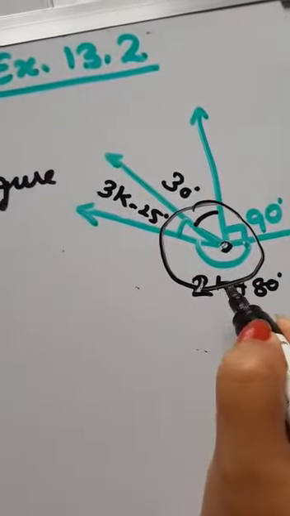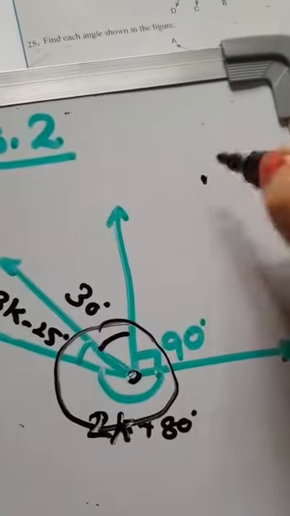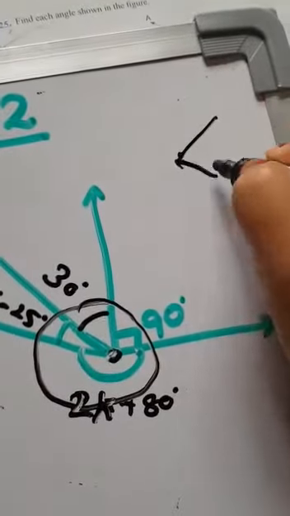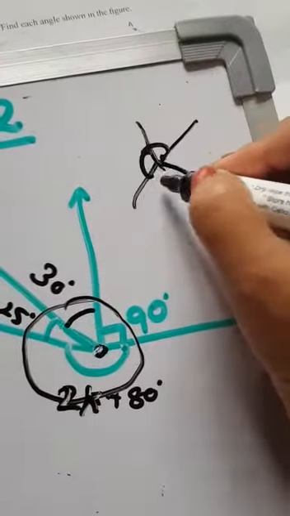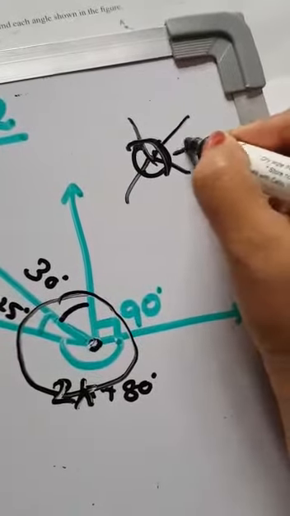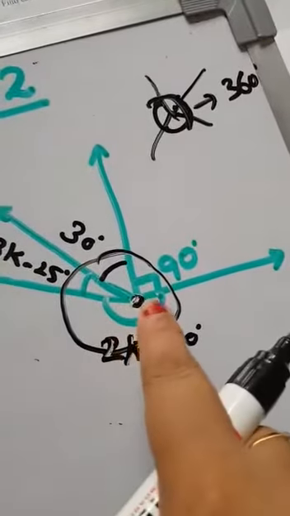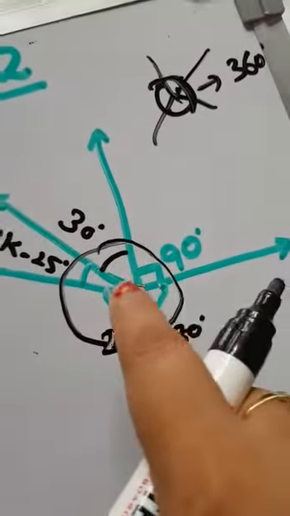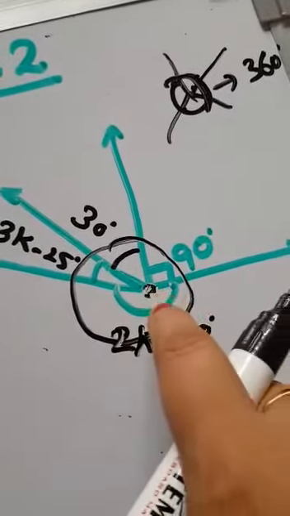Complete angle means there is a point, you can draw many angles, and if you add up all the angles around a point, the sum of all the angles will be equal to 360 degree. So same here, a point is there and many angles are formed around it. Sum of all the angles will be 360 degree. It is called complete angle.